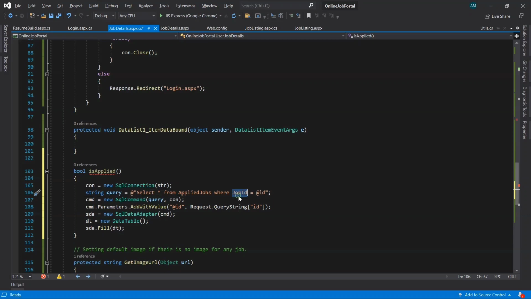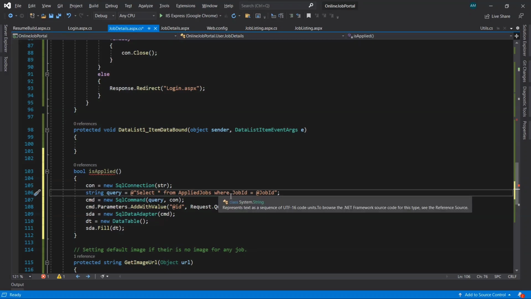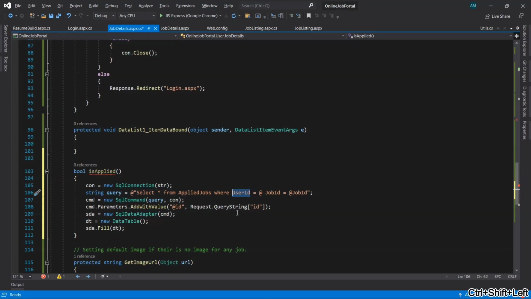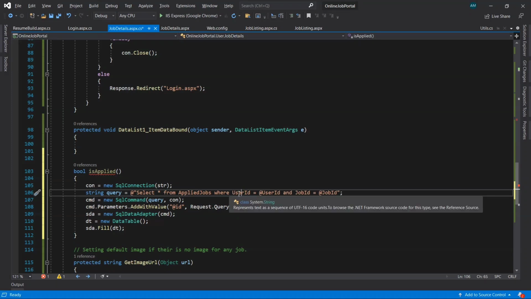Okay, so it will fetch the data from the table based on the condition whether the user, which user is logged in, and the job, which job they are looking to apply.